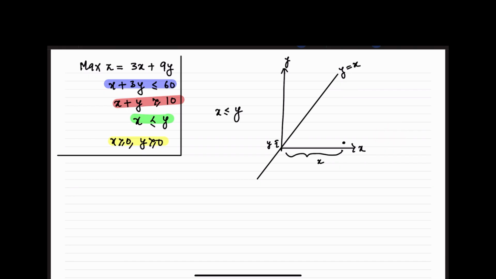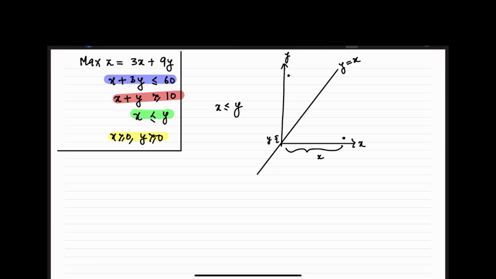Let's say I take another point. If you treat this as the point, see, the height is this much, so this is y, and the length is just this. So for this point, which coordinate is larger? Definitely y. So on this side, y is greater than or equal to x, and for the other point, you have x greater than or equal to y. So when you want to decide for these types of constraints, just use this: at the upper region, y is greater than or equal to x; for this, x is greater than or equal to y. Just compare the lengths. Now we start solving the question.